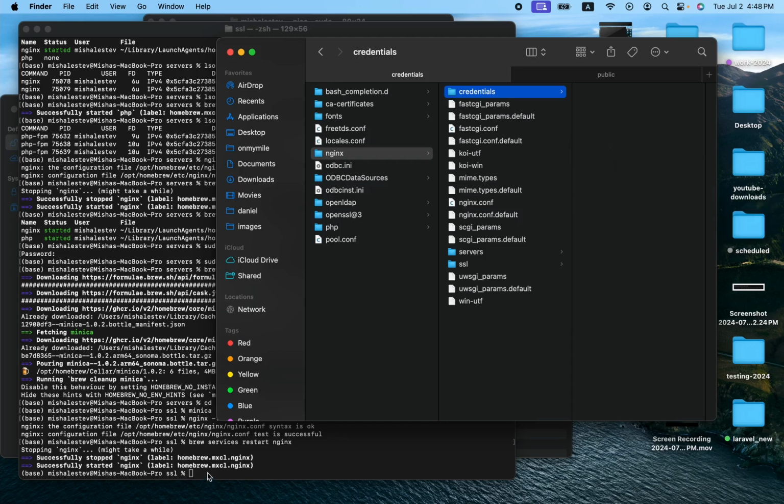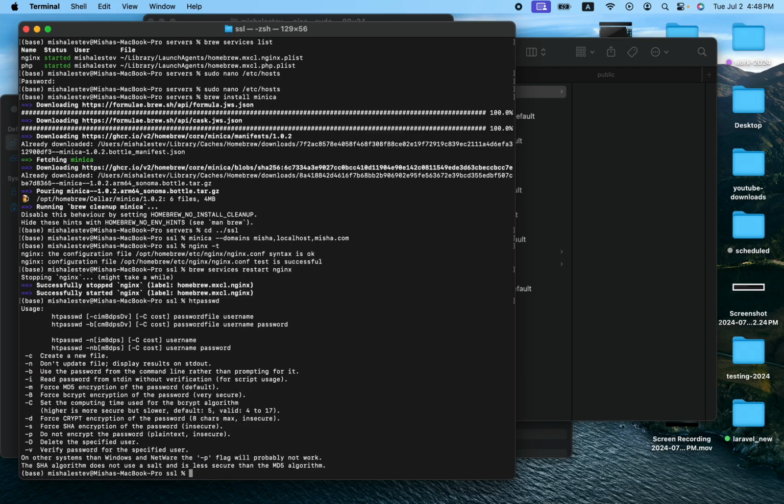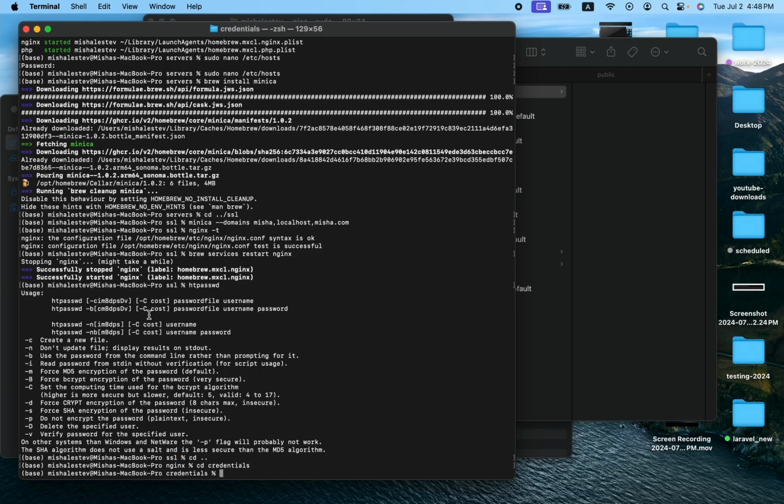I believe I can do it through the command htpasswd, the built-in command that is used. So yeah, let's use it. cd, let's get out of the SSL directory, then nginx, and we're going to go into the credentials directory. Inside credentials, now we're going to use htpasswd, and I'm going to use C, to create a new file,